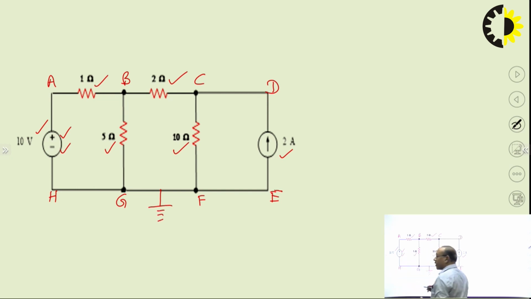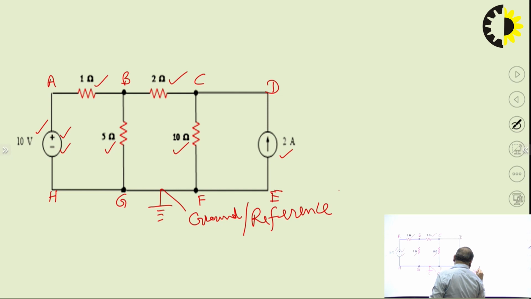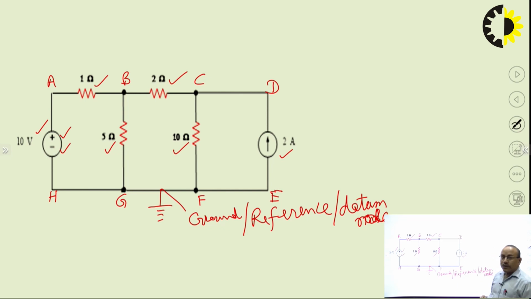This is the symbol for ground, and this node becomes the ground node or reference node, or datum node. And now, with respect to this, the potentials of the other nodes available in this circuit will be taken. Like if we see here, this terminal A,